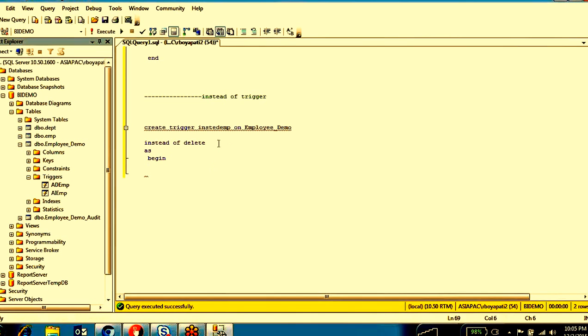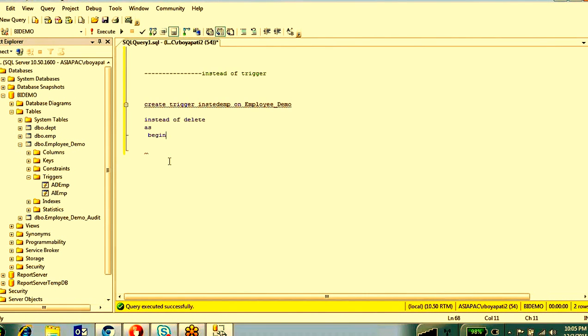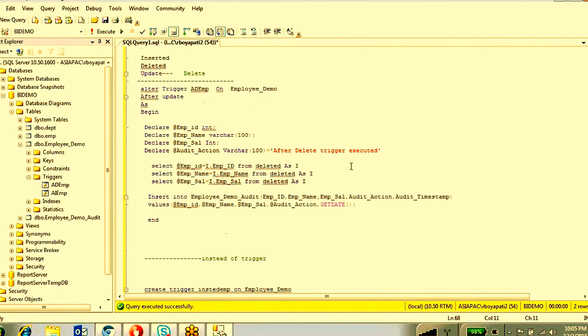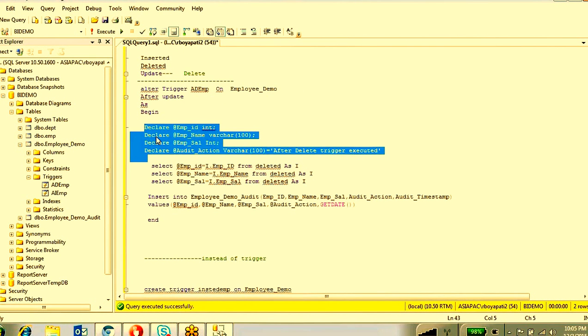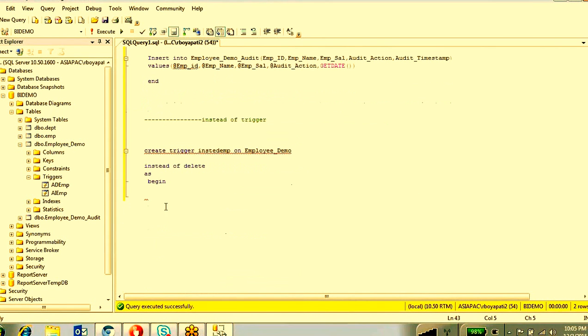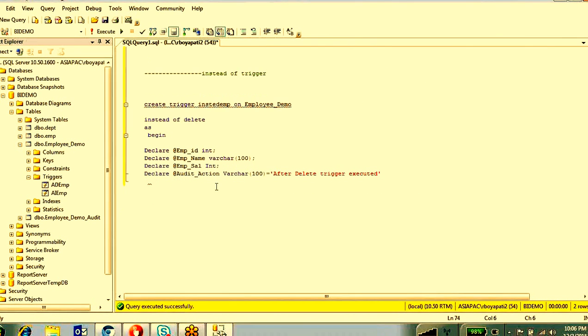As begin, as it is, right? The difference is, in place of after delete you are putting instead of. Got it? So the same variables I'm going to declare again. Control C. I don't want this one.